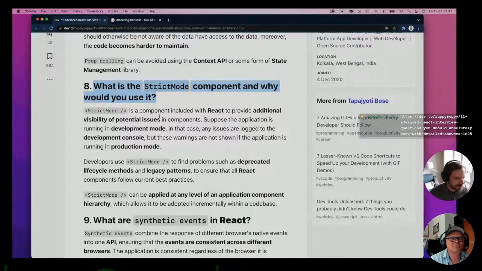Sure. Okay, so strict mode component is included with React to provide additional visibility of potential issues in components. Suppose the application is running in development mode. In that case, any issues are logged to the development console, but these warnings are not shown if the application is running in production mode. Right. So developers use strict mode to find problems such as deprecated lifecycle methods and legacy patterns to ensure all React components follow current best practices. Strict mode can be applied at any level of an application component hierarchy, which allows it to be adopted incrementally